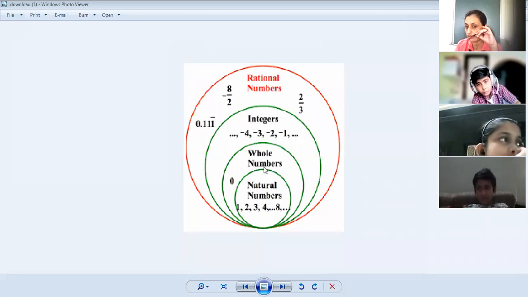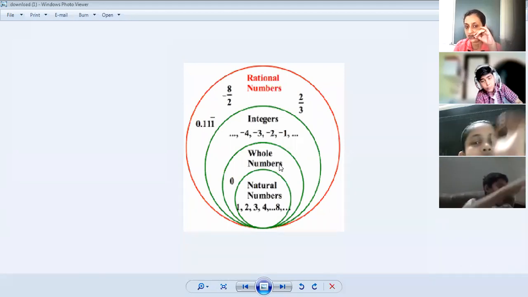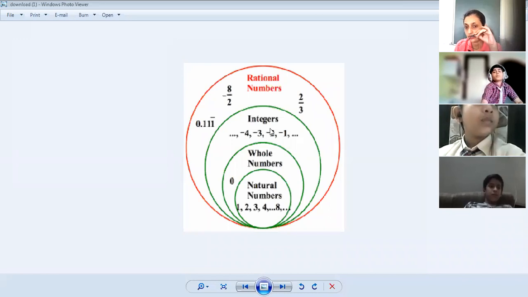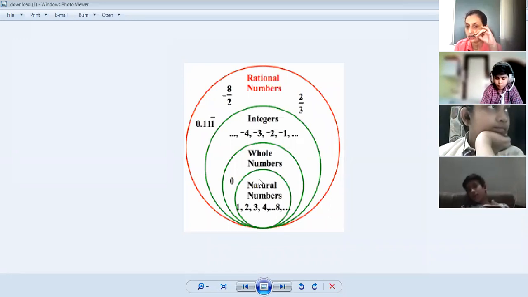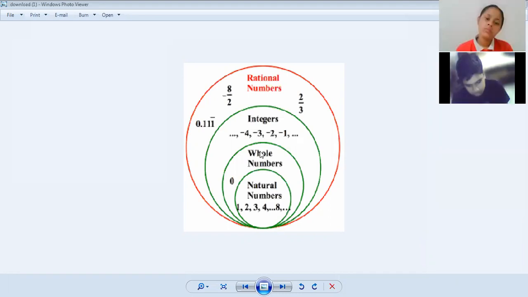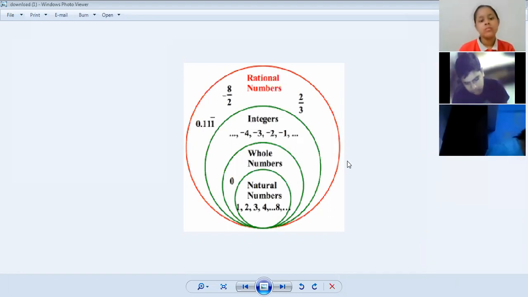And next is whole numbers. Natural numbers including 0 are called whole numbers. Starting from 0 onwards, 0, 1, 2, 3, 4 and onwards are known as whole numbers. And if we are talking about the integers, then natural numbers, whole numbers and negative numbers, they all are included in the integers. So integers are all the positive numbers plus 0 plus negative numbers. Okay, so these are integers. This is just a recall.